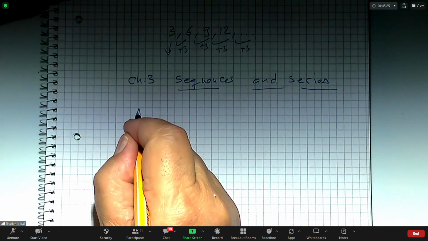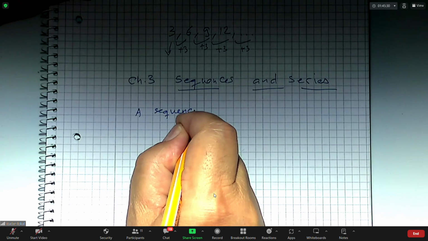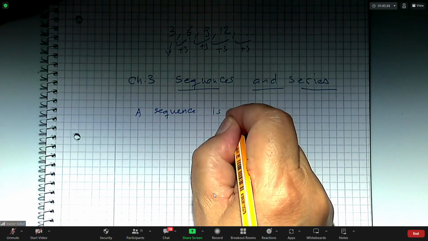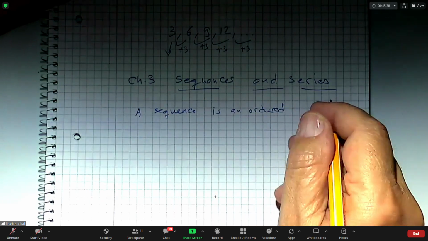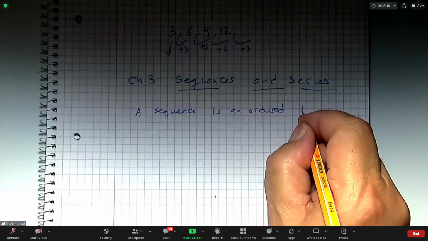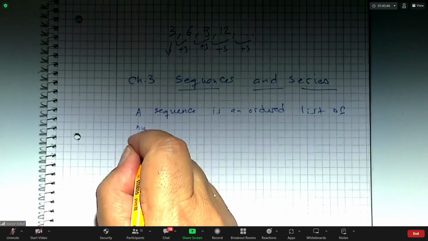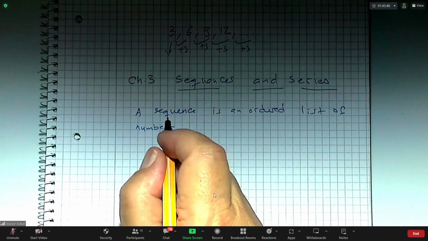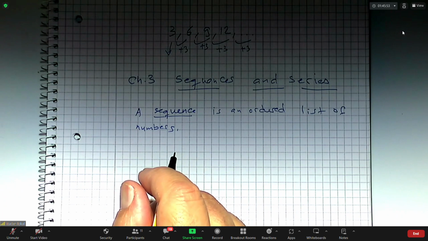A sequence, as I said, you can look at it as an ordered list of numbers. Okay, so this is the definition of this. And the numbers are called